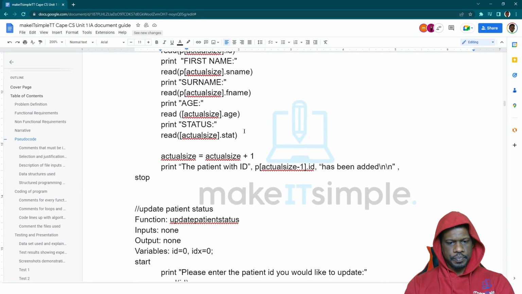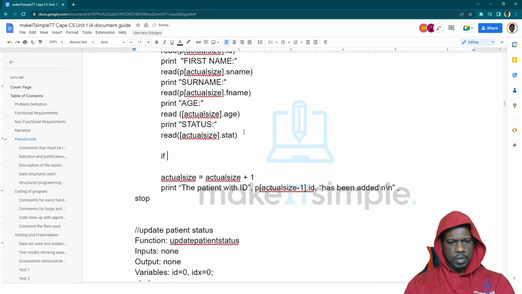We will say if P actual size at start is less than 1 or P actual size at start is greater than 3,